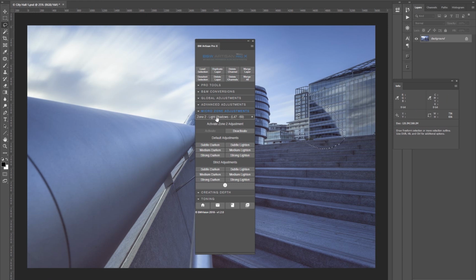Because this zone is selected, you can start to manipulate the image and it will only concentrate on certain tones. Just as an extreme example, I'll select strong darken and I'm going to keep on clicking on this, and you'll see what it should do is it should leave all of the highlights and the midtones and everything else alone. So if I deselect that selection,